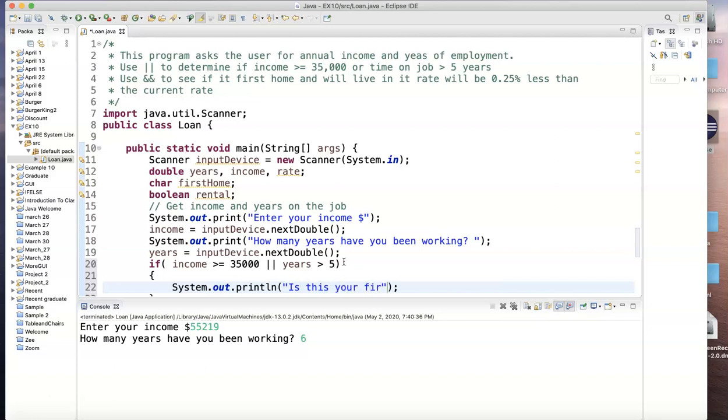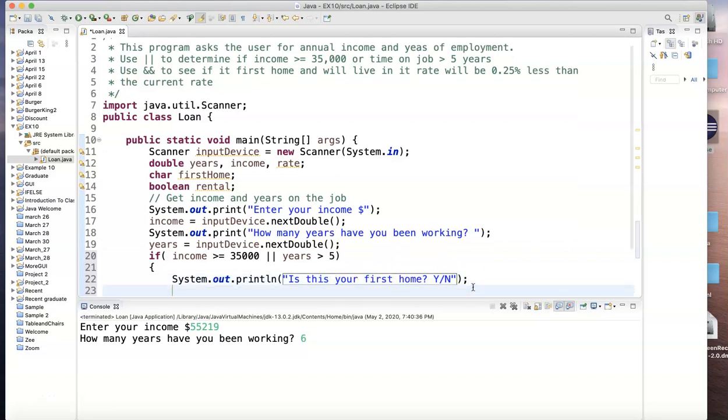First home. And to make sure they know what I'm saying, maybe I'm going to tell them to insert y/n. And I'm going to read that. So that's a character here. Home is a character. So it's first home